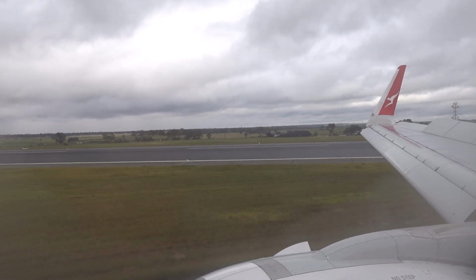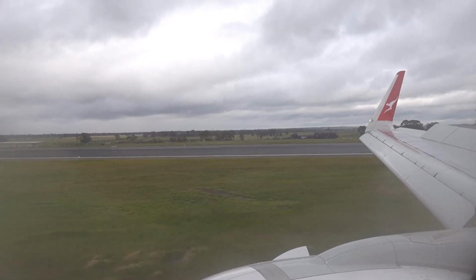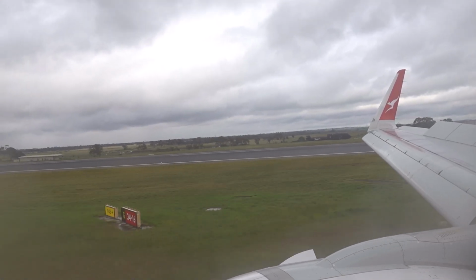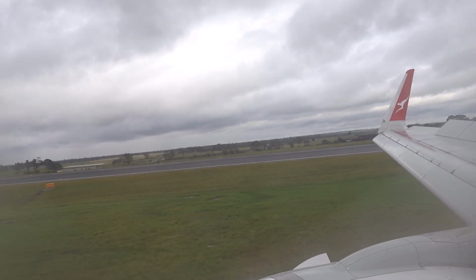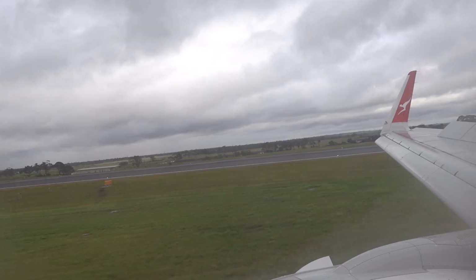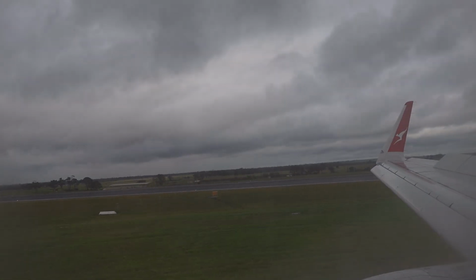Ladies and gentlemen, welcome to Melbourne, where the local time is approximately 9 a.m. For your own comfort and safety, we will ask you to remain seated with the seatbelt securely fastened until the captain turns out the seatbelt sign. For those customers travelling with a mobile phone, if you don't need to leave your seat, your mobile phone's in reach, you may switch those on now. For all those leaving us here in Melbourne, luggage will be available for collection from